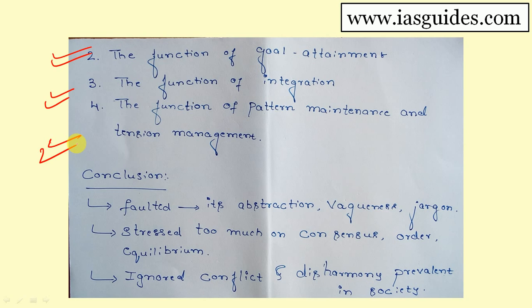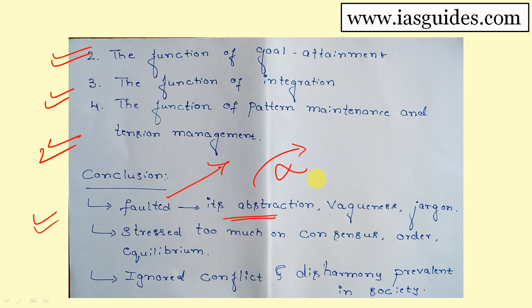Okay, and now let us conclude the social system theory. When we conclude the social system theory, we should observe the work of Talcott Parsons. See, anywhere in the social system theory, if you take, it has some negatives actually. Some kind of negatives are there, what we call faults. Because the theory is very faulty in its explanation of the social system, in abstraction. In abstraction, he makes problems. That means Talcott Parsons is not clear in abstraction about social system theory.